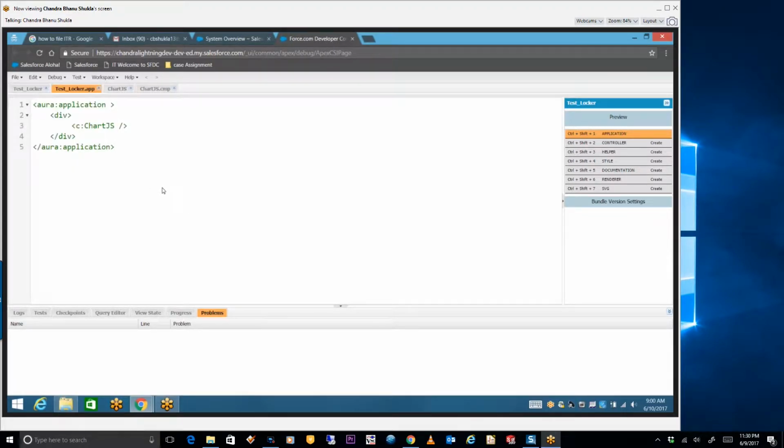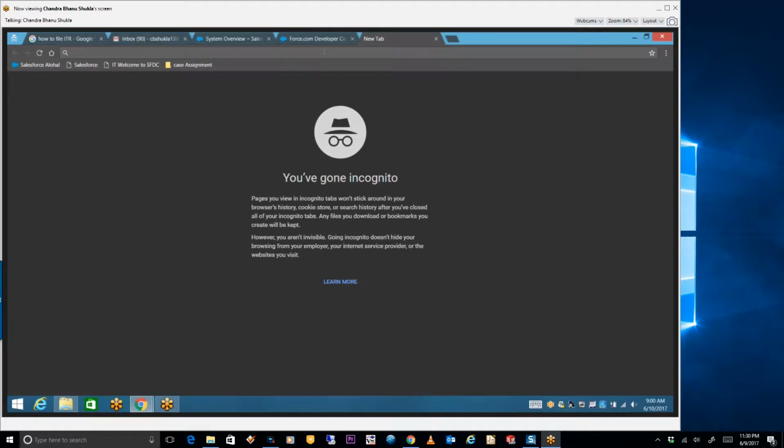Apart from this, we are using Workbench. I will let you know the major tool we are using as a developer. I hope you have not used these types of tools till now. You have gone through the basic things and used classic mode for creating apps and all those things.